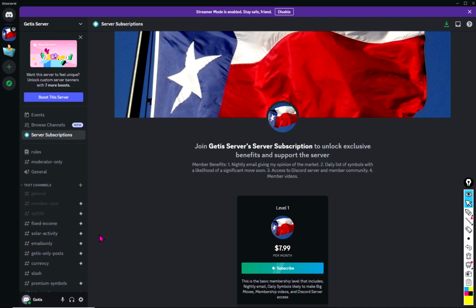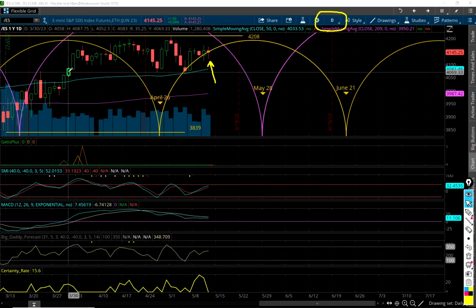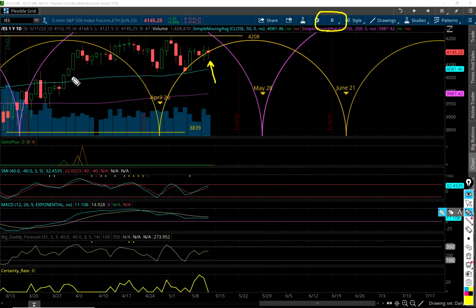All right, let me switch back to the chart. So here we are on the daily chart. We had this red candlestick, but what I wanted to show everybody was look all the way back to, let's see, this would be March 30th. From this candlestick right here, guys and gals, all the way to today. Look at this rectangle.